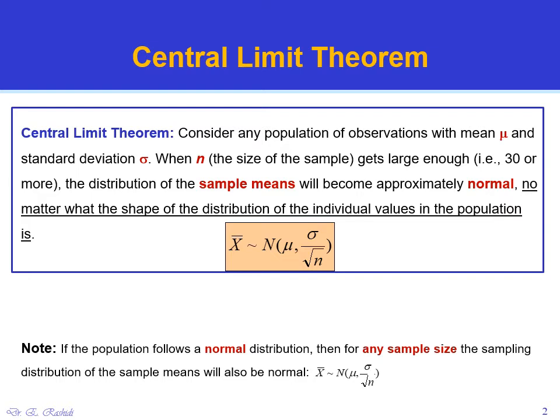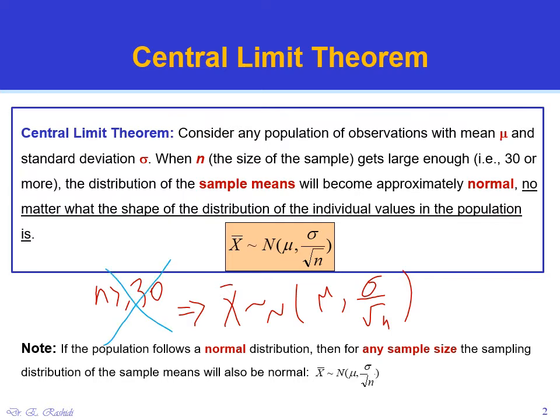So for the central limit theorem to be true, when we take a sample, the size of the sample should be greater than 30. If this is true, then x bar, the sample means, would follow a normal distribution with an average of mu and a standard deviation of sigma over a square root of n. But if we know that the population follows a normal distribution, then we do not need this requirement. Let's see how central limit theorem came about.